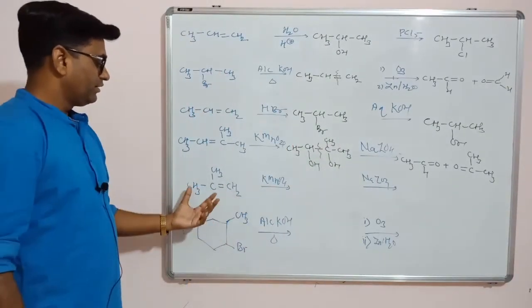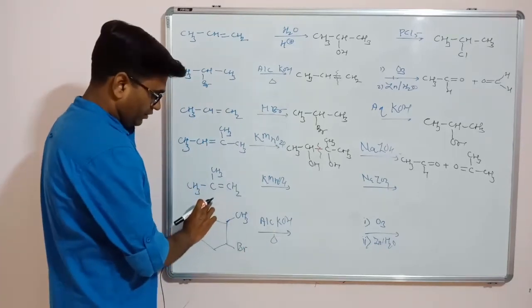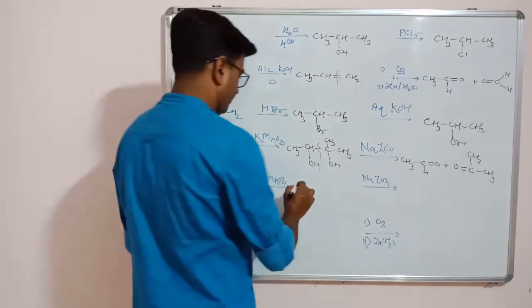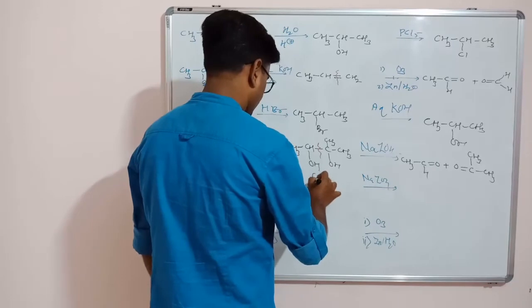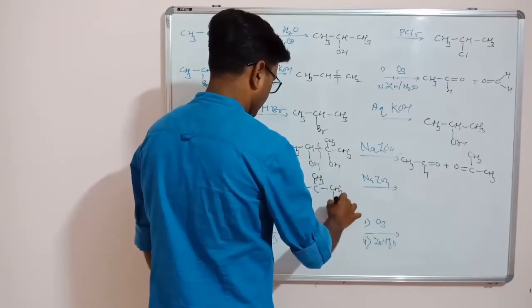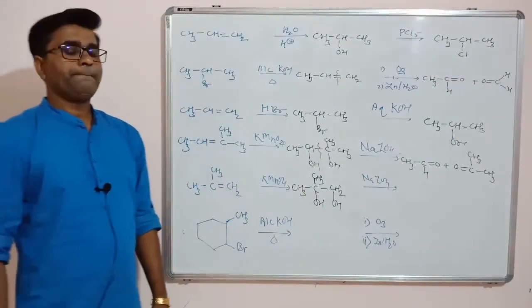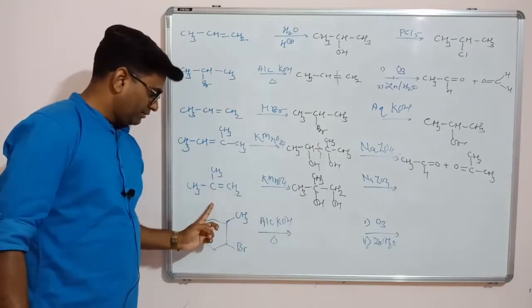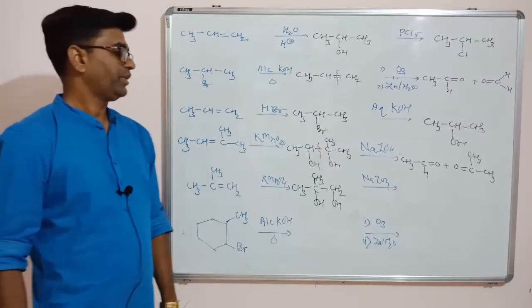Again same reagent. So again you will get a diol. One OH over here, one OH will be here. Double bond becomes single bond. So CH3, CH3, single bond CH2, OH and OH. So this is the product. बघा इथे double bond चा single bond झाला and each double bonded carbon will get OH and OH, dihydroxylation.